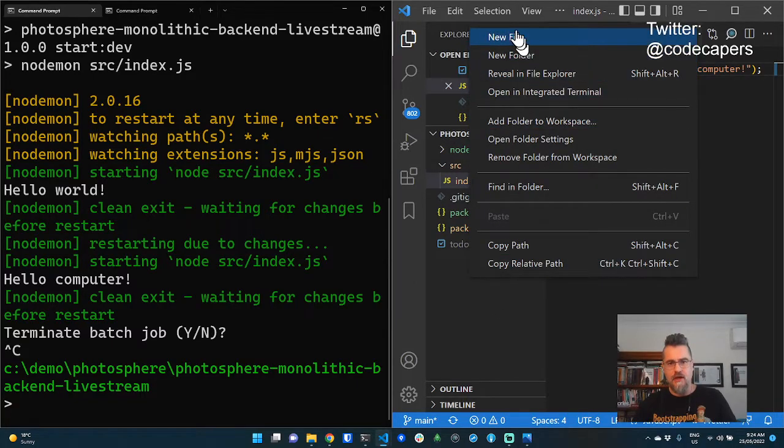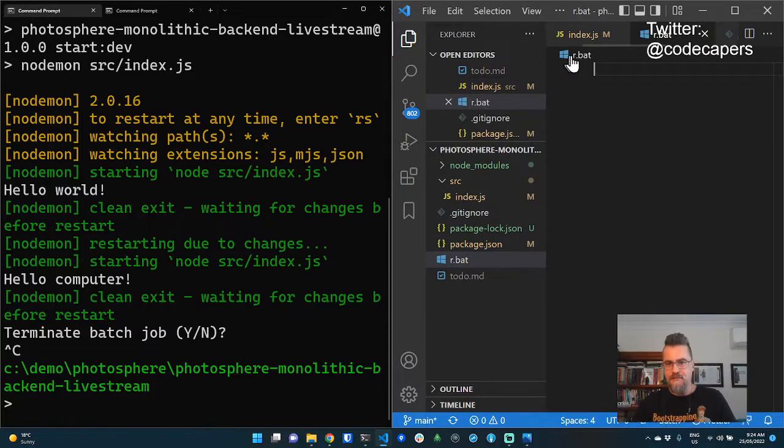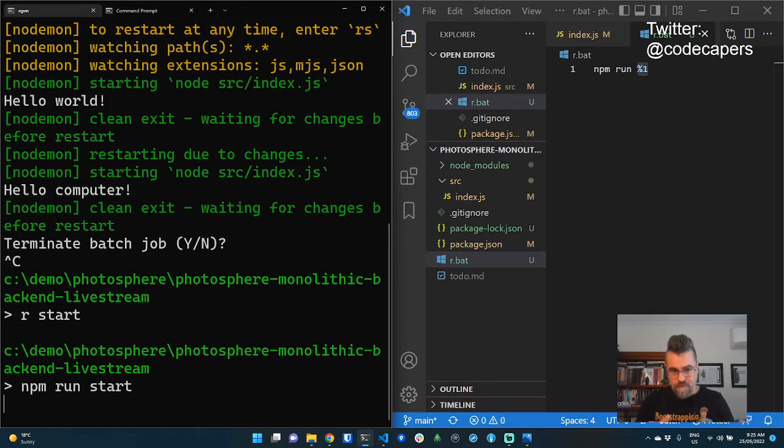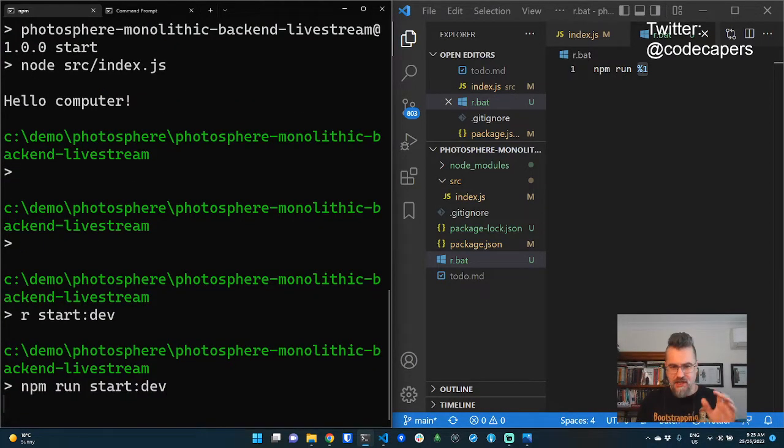On Windows, I like to add a little batch file called R. And in that batch file, I run npm run %1. So %1 is the first argument that's passed to the batch file. It's going to get passed to npm run. So now I can do R start, so this is going to do that whole thing for me, or R start dev. So it's just a little bit more convenient than typing npm run.